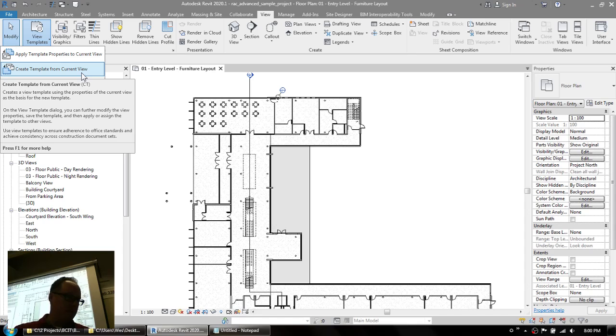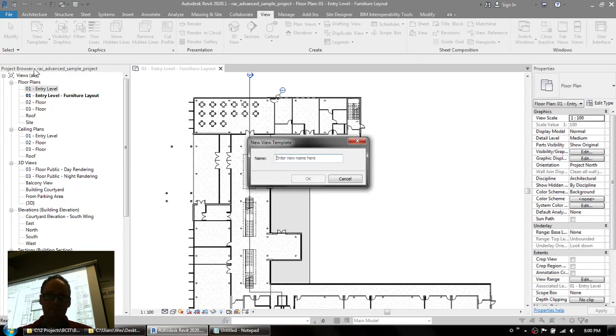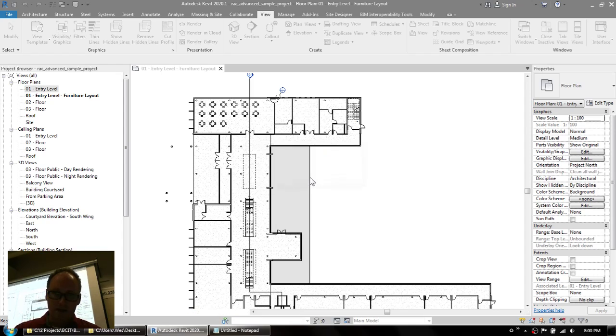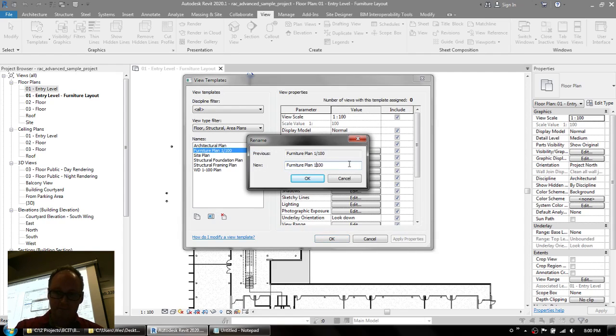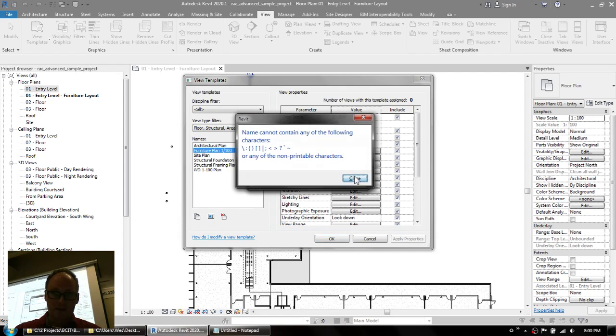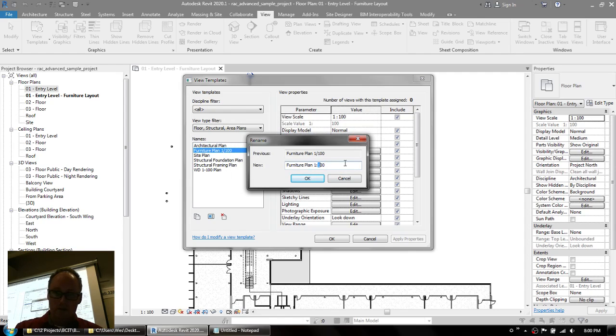Under Creating a Template, page 3 of the notes, create a view template from the current view. So I'm going to call this Furniture Plan 1-100. You can't use a colon, and you can't use a divide symbol either. So here you'll notice if I try to put in the divide symbol and hit OK, oh, it did it. Huh. I don't think I can use the colon symbol though. No. Okay, so I've got my